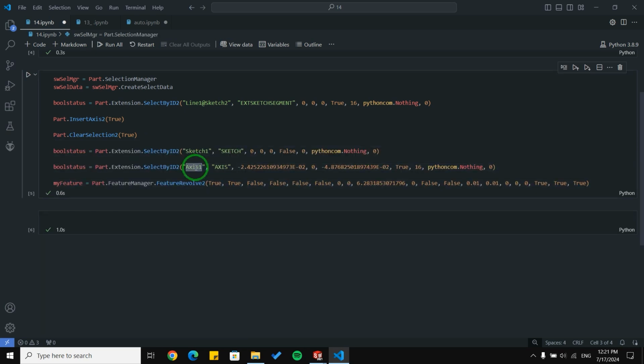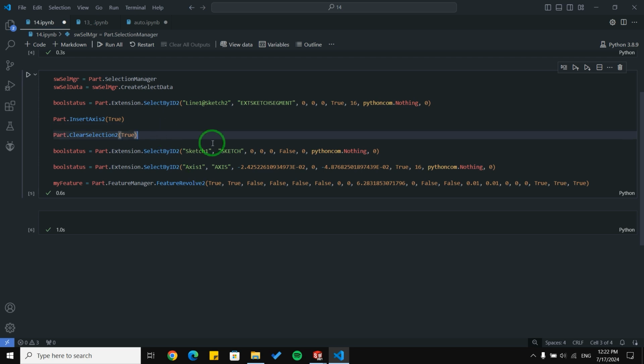And for axis 1, we don't know the name when we create a new axis. For example, here, when we create a new axis, it will go axis 2. But for example, in some project, you need to create a lot of axes and it is not efficient to count them.